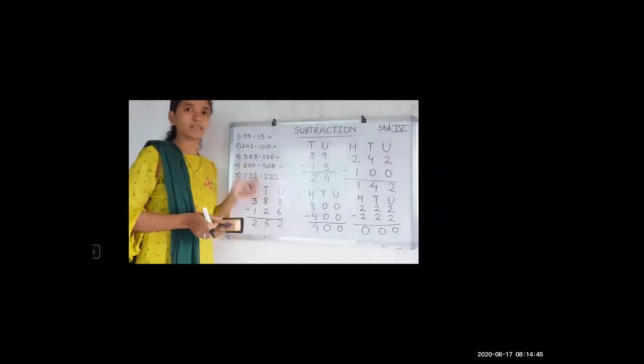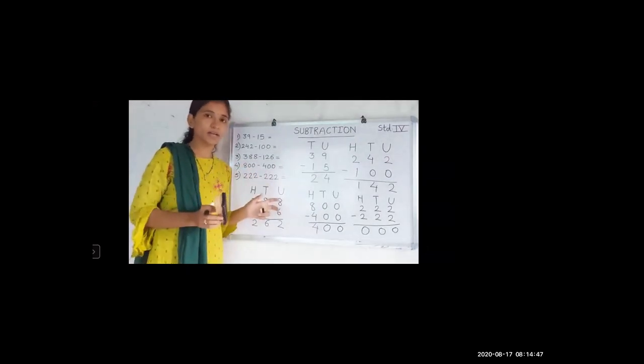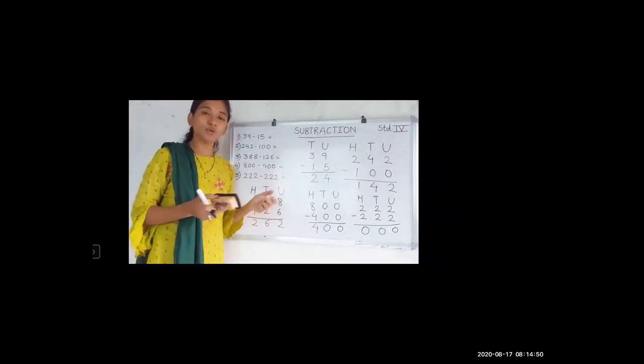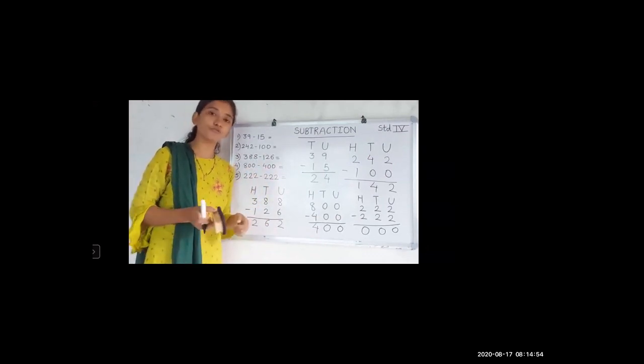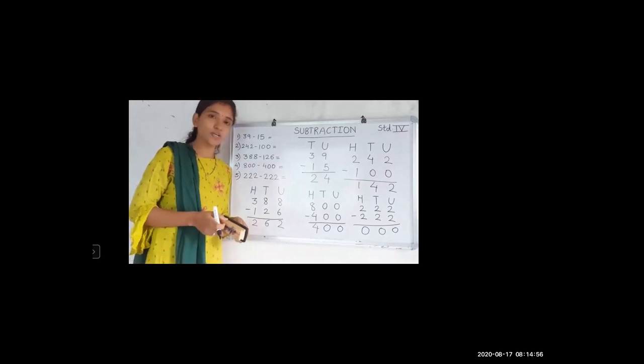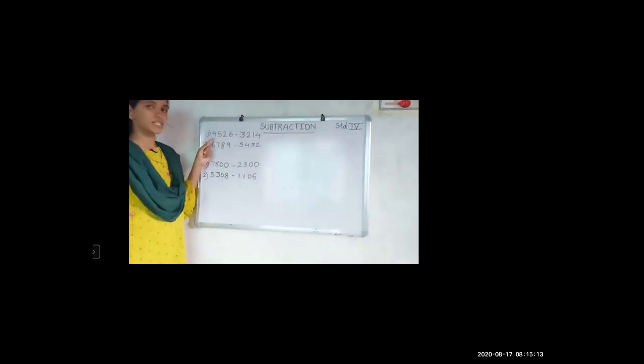So I think now subtraction is quite clear in your mind, so we can move ahead to learn four-digit subtractions that are already there in your fourth standard textbook. So without any delay, let's get started. Now we revised the three-digit subtraction that we have learned in third standard. So now we will learn the subtraction of standard 4, and that is of four-digit numbers.